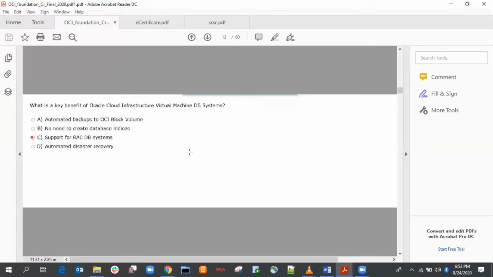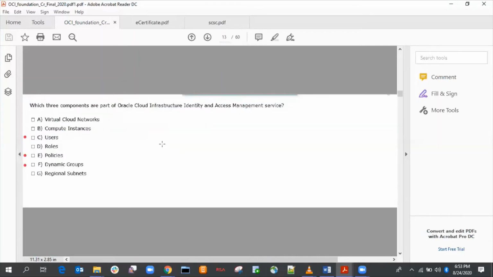Which is the key benefit of Oracle Cloud Infrastructure Virtual Machine DB system? It has RAC. Which 3 components are a part of Oracle Cloud Infrastructure Identity and Access Management Service? For identity and access management, users are grouped into dynamic groups.